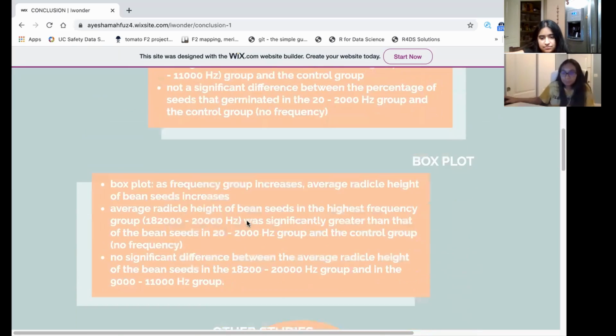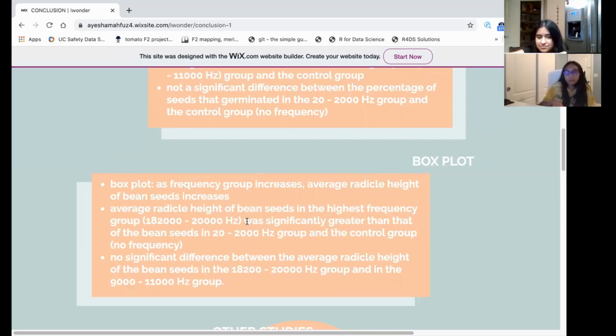And then we get into the box plot, which showed the radical height of each group, the radical height of the seeds. And again, we ran significance tests to see if the data was actually proving anything. And we found a similar trend as in the percentage of seeds that germinated, and that was that the average radical height of the bean seeds in the